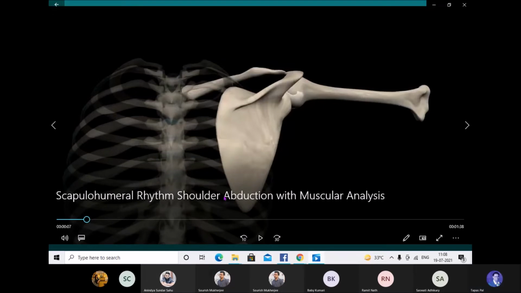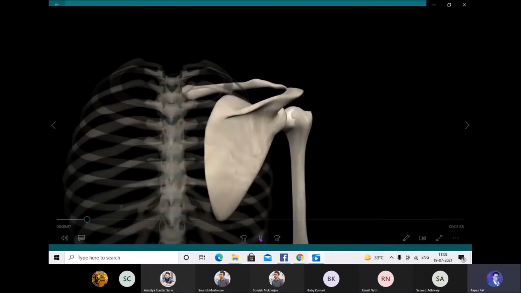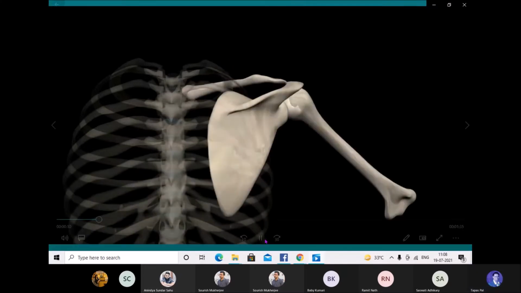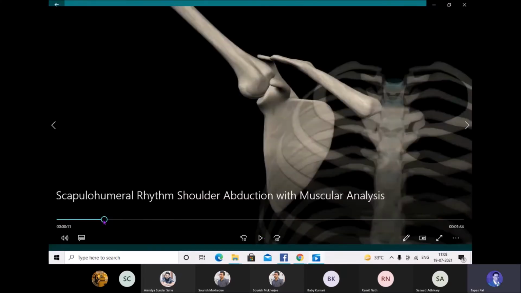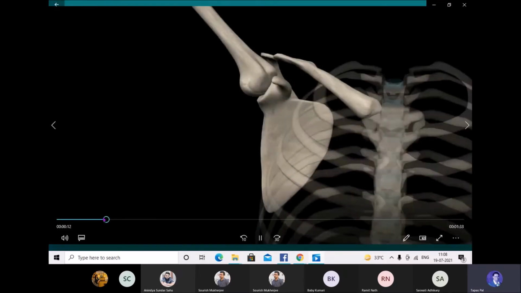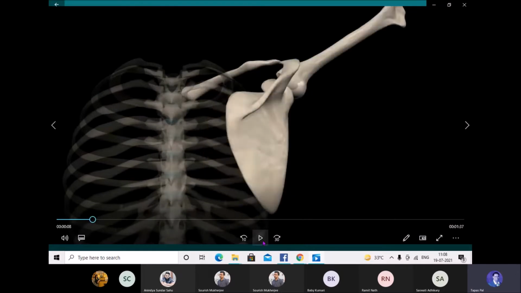Now slowly I'll move this video and see what is exactly happening. What is happening is the humeral abduction. In a very simple way, this is what is happening as humeral abduction. And whenever you have this humeral abduction, this rhomboideus group of muscle, look again carefully, see the rhomboideus group of muscle need to leave. I mean, again I'll go to the back portion and I'll play this video. One second. Okay, see this rhomboideus group of muscles, they are leaving.